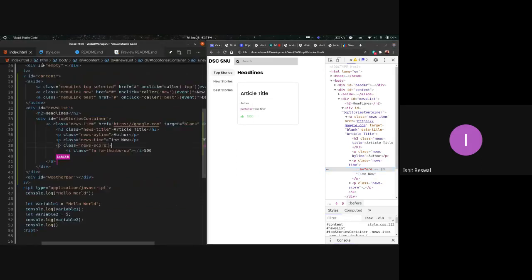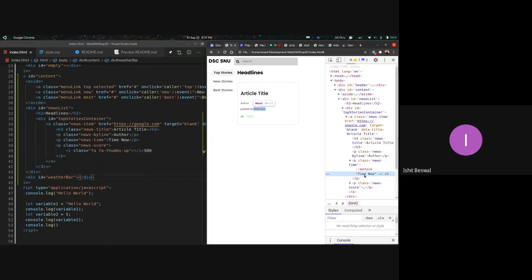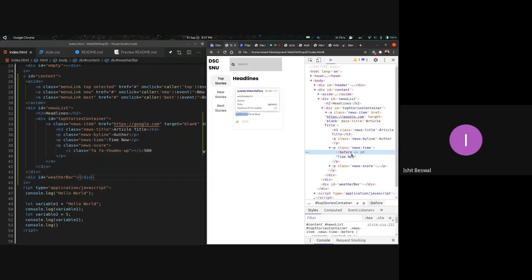Right. So here in the p tag, the value is given just as time now and nothing else. But in the web page, you see that there is a "posted at" also. Those two words are coming from this CSS pseudo selector before. What I'm doing is giving the content of "posted at" before the HTML element, right?